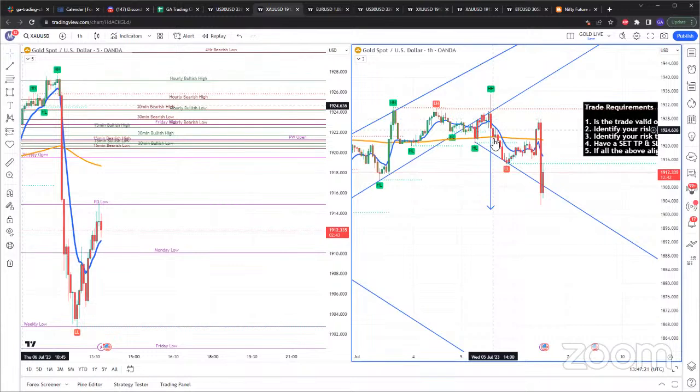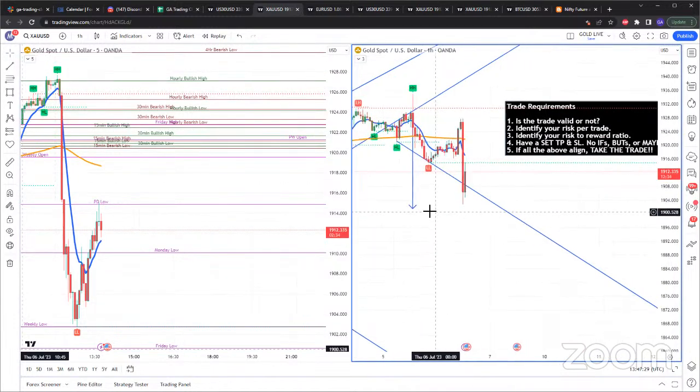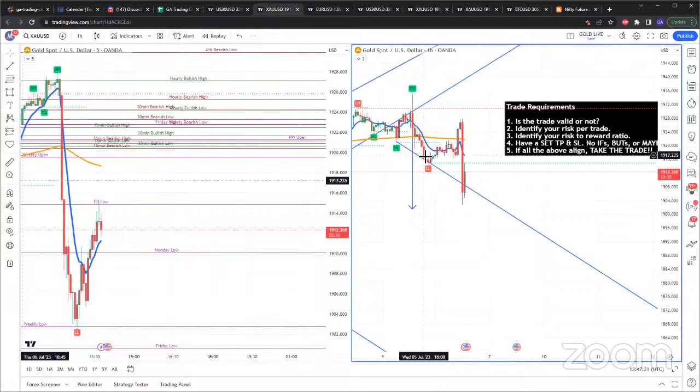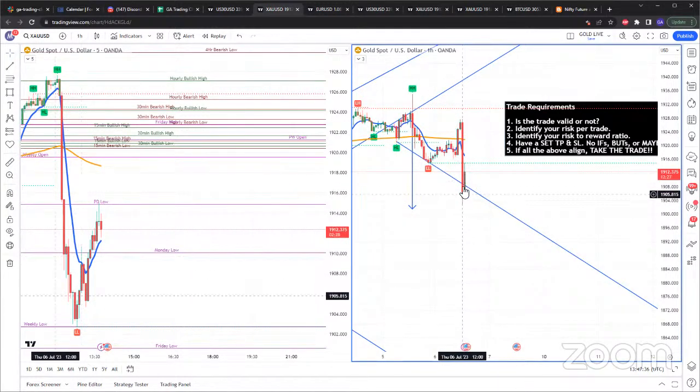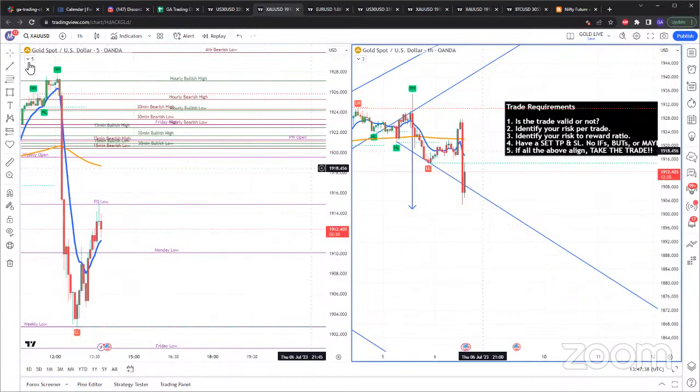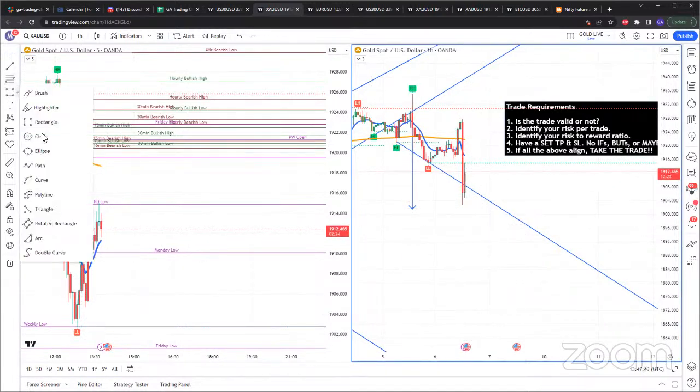I expected gold to come down this way because gold rejected from this trend line to the downside. And then guess what? We have another trend line to the downside on gold from this high low to this lower low. And you can see this is a point of interest for gold as of now. So what I'll do with gold,